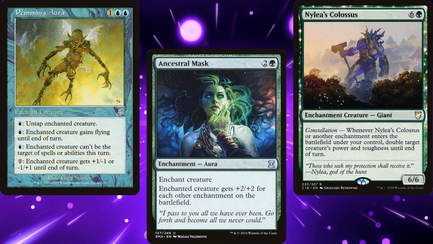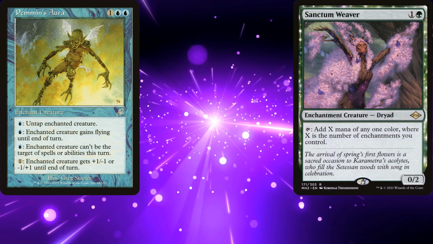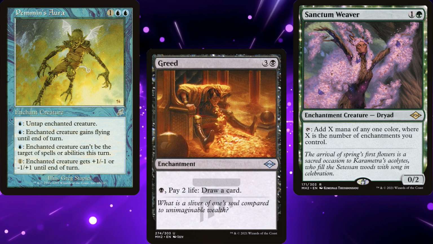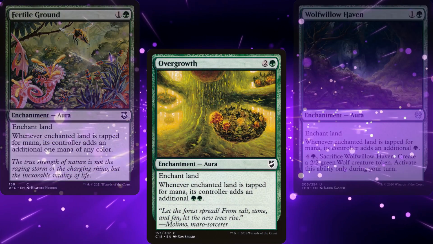Now, the reason Paradox Aura is a win con is because the first piece of ramp in our deck is Sanctum Weaver. With just those 2 cards, we generate infinite mana, allowing us to draw our deck through Greed or win through other shenanigans. But since we can't rely on 2 cards, we're also running Fertile Ground, Overgrowth, Wolfwillow Haven,